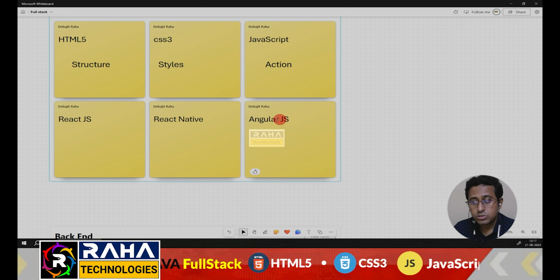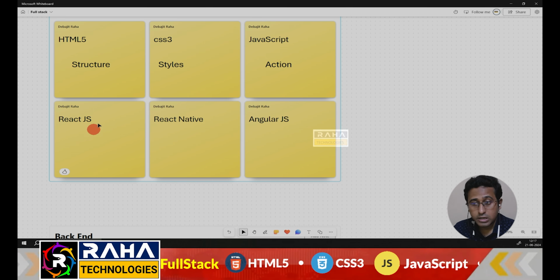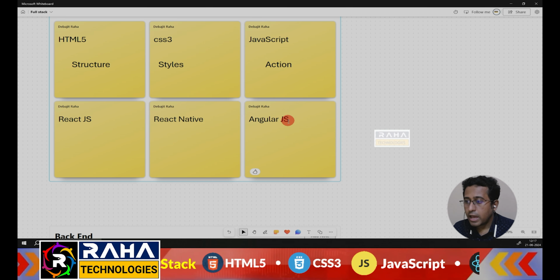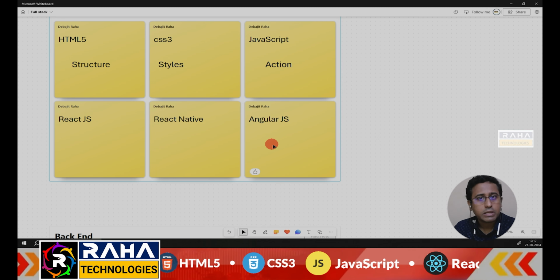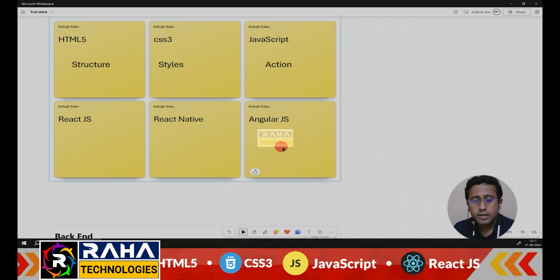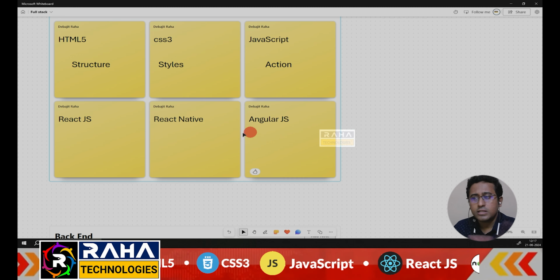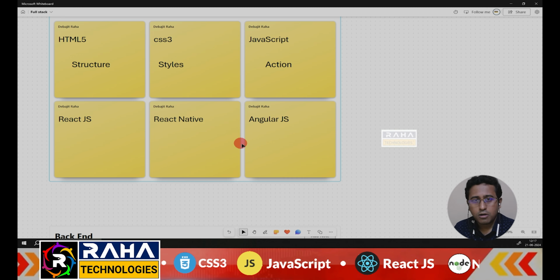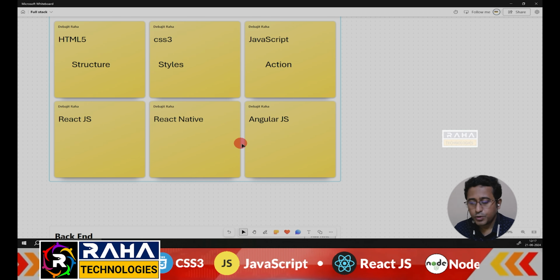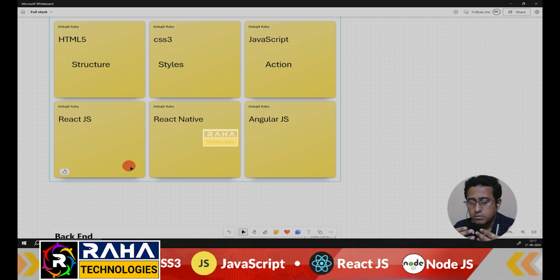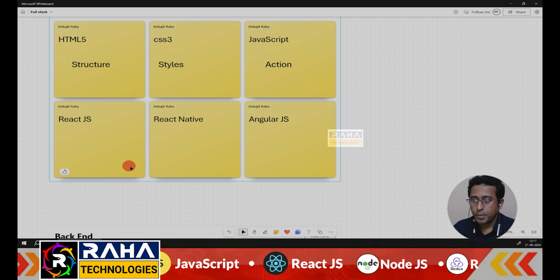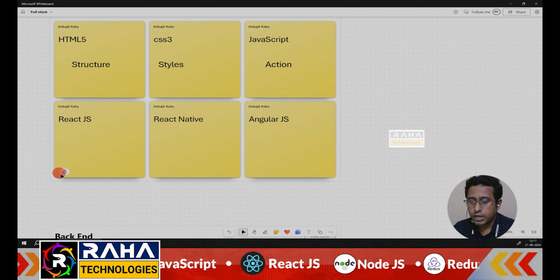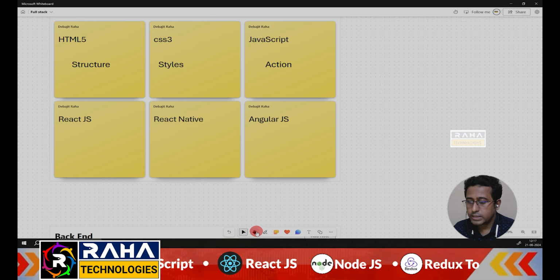AngularJS is a framework, but React.js is a library. Remember that. AngularJS is also part of JavaScript. I have kept the two names. There are also Vue.js, Three.js. These different types of JavaScript frameworks are also there. Okay, so one framework is related to one type of action we need to perform. So this is the front end part. Backend side, if you go to the backend side,